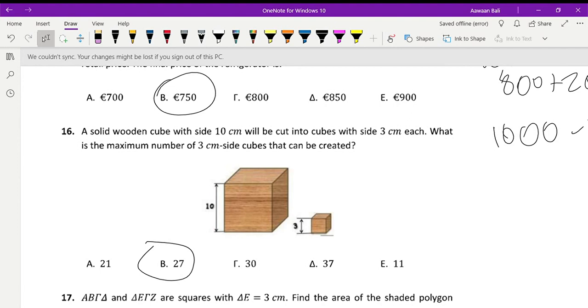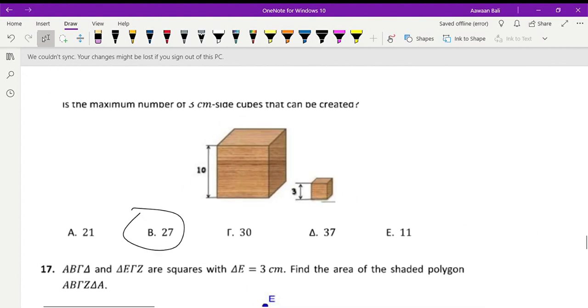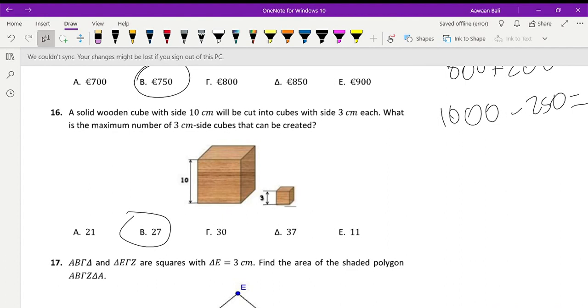Now, a solid wooden cube with side 10 centimeters will be cut into cubes with side 3 centimeters each. What is the maximum number of 3 centimeter side cubes that can be created? Okay, so if there are 3 centimeter side cubes, what we can do is take the nearest multiple of 3 to 10. 3 times 3 is 9, which means